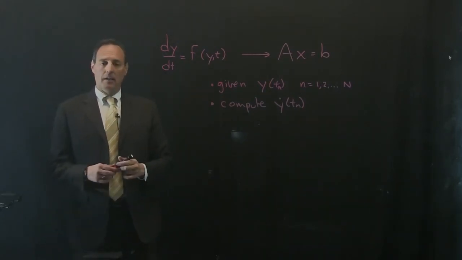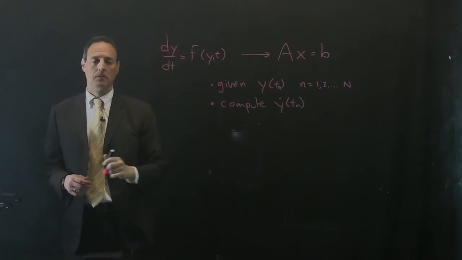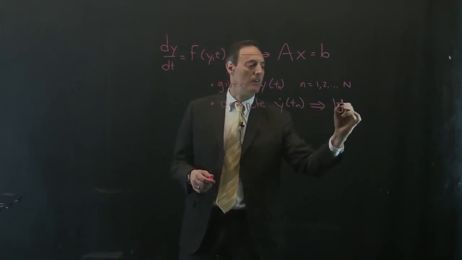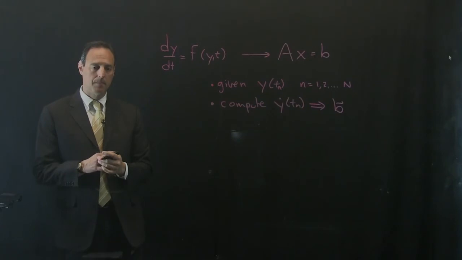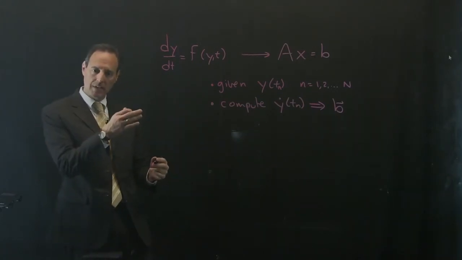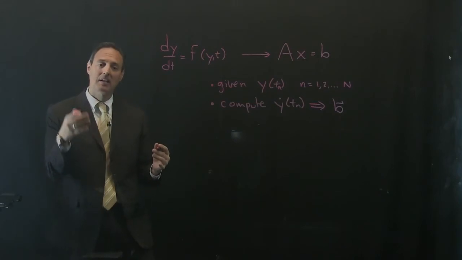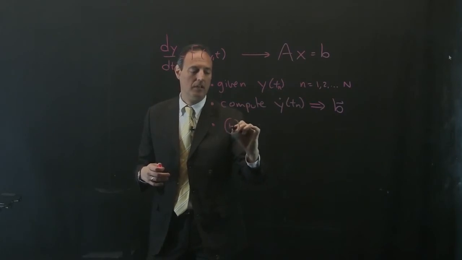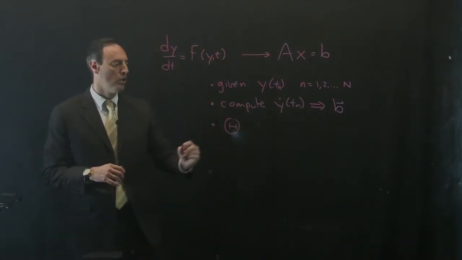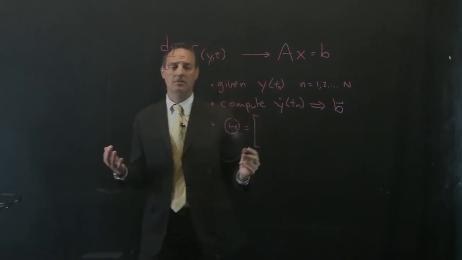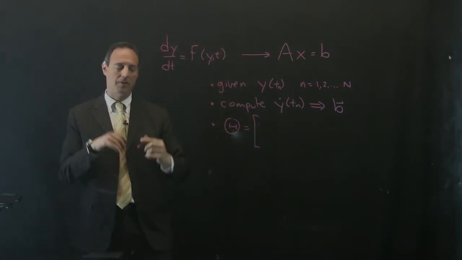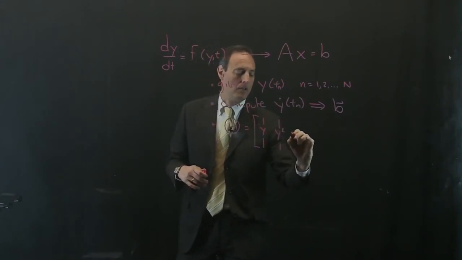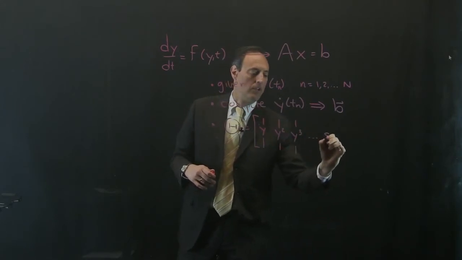So given y dot, that means I have this here. Okay, I have the left side of the equation. So I'm going to call y dot my vector b. Okay? And once I have y, I can also now construct libraries of the dynamics. So let's make a matrix, theta, of my libraries, which contained in this are all the possible functions that I have. If this is a single degree of freedom system, I could put y in here, y squared, y cubed, sine y,